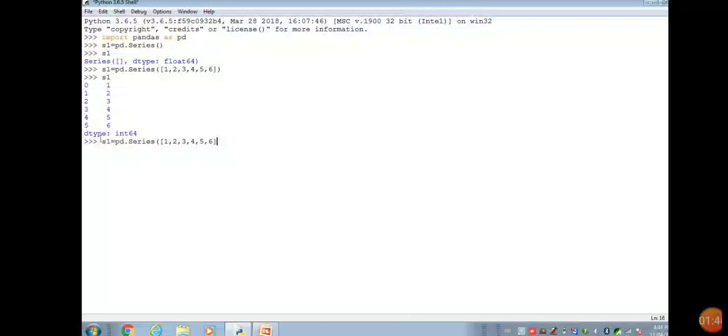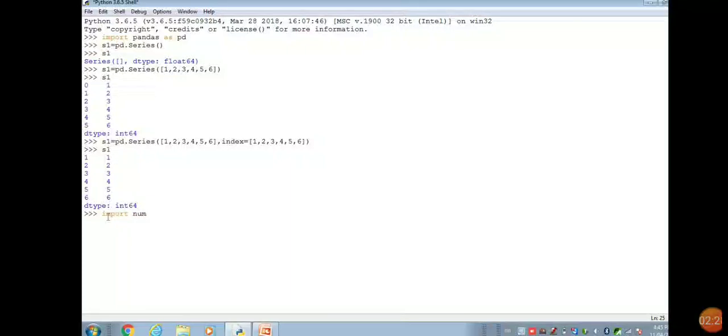Now next we are creating a series with the help of a list, and in this we will give the index value. As you can see in the previous series, the index by default starts from 0 and goes up to 5. Suppose you want the index from 1, so you can provide the index also. See, this is the output, how you can create the series with your own indices. And int64 is the default data type. Again, on the basis of the values that we provide, Python gives the data type.